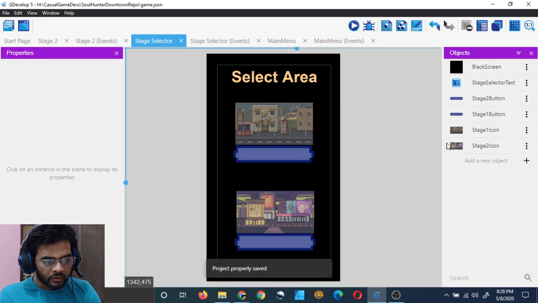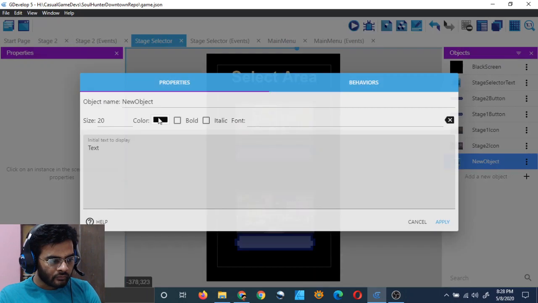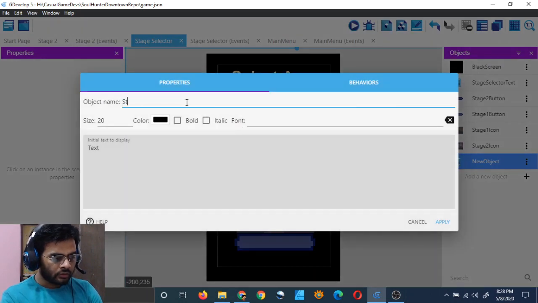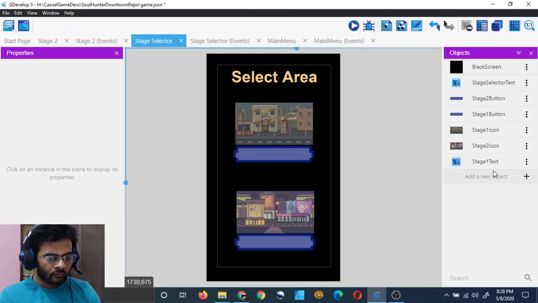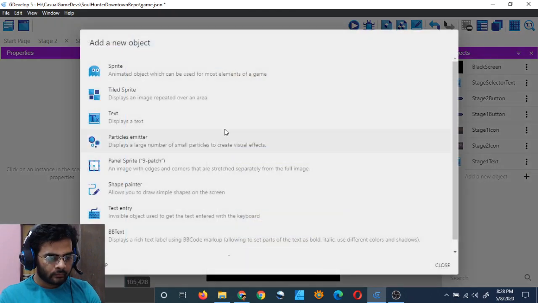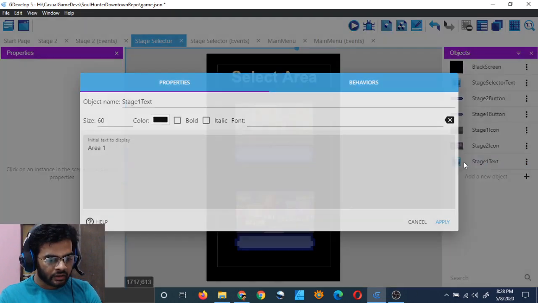However, now we need two text items. Click on text and call it stage 1 text and make it 60 and type stage 1, or you can call it area 1 and then stage 2 text. However, first let us style it properly.